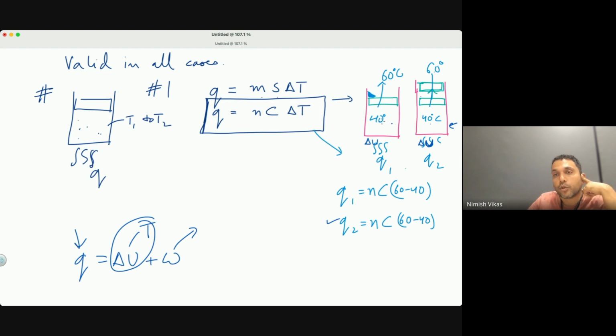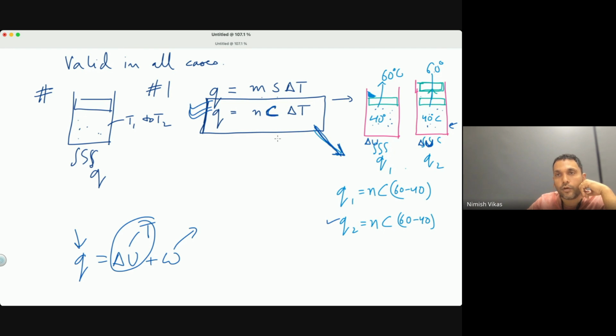Okay, so in this Q1, heat is being used in increasing the internal energy. Here, it is being used to increase as well as go up. So what about this all-time formula? So where am I wrong? Where am I wrong? I said this is always valid, okay, with a double, triple, four ticks. The point is the